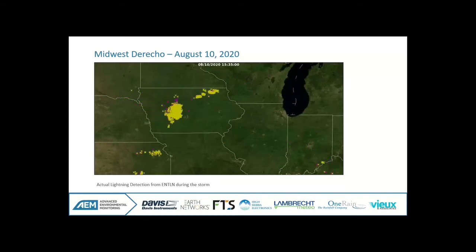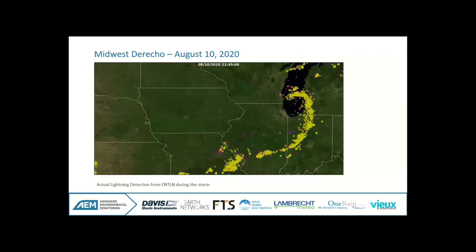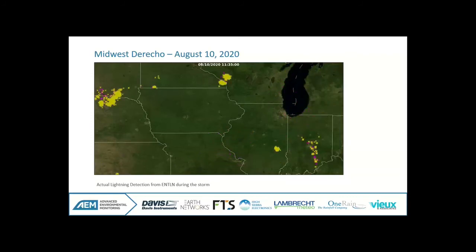Notice as it moves from Nebraska through Iowa into Illinois and eventually Indiana, it starts to bow forward like that. It has that arcing signature on it. That's an indication of very powerful straight line winds, perhaps some very heavy rainfall as well with this, and also